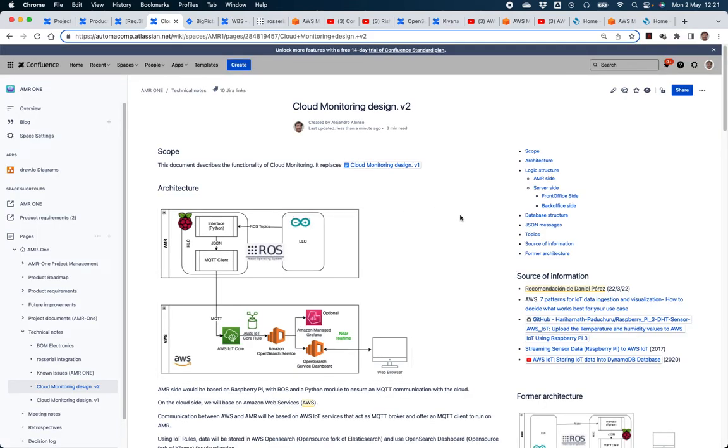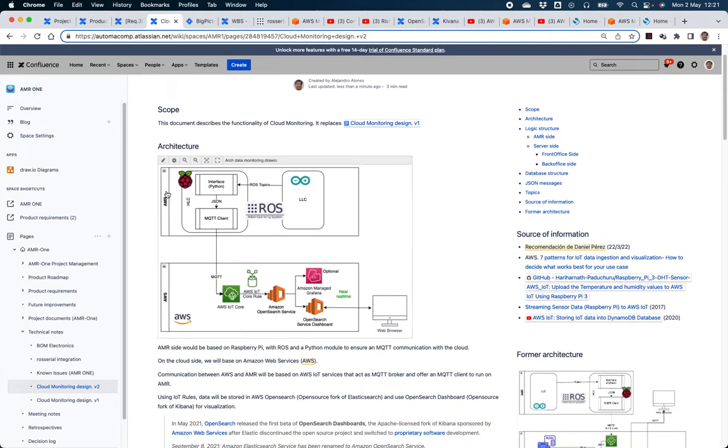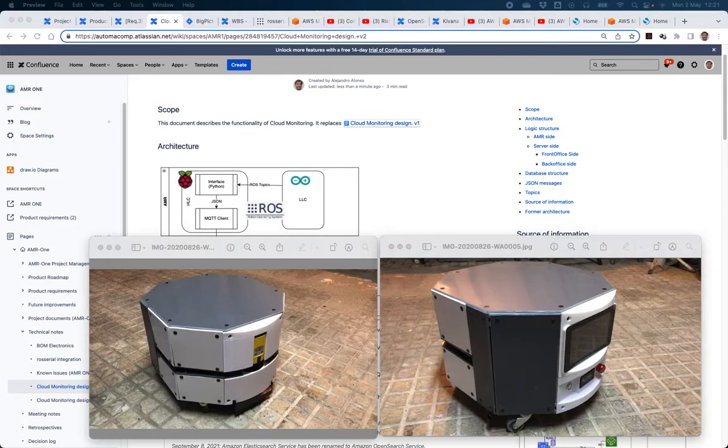Well, I work on the design of the general architecture, and how we are going to implement that. This is basically the AMR, and this is how I'm going to implement that in Amazon Web Services. Okay, just a reminder on what we have in the part of the AMR is that we have different devices that we might show in another moment. But basically all these